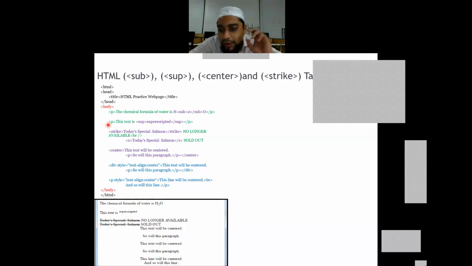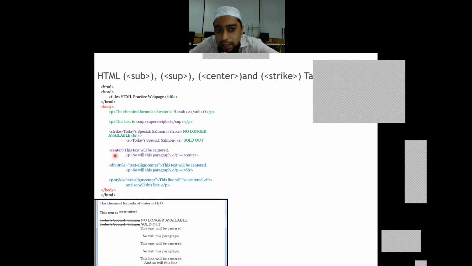Same way, if I want to divide the page into multiple sections, I will be making use of a tag called div tag. In each section, I can have separate coloring. In each section, I can have separate styling to be applied. So for all those purposes, we will be using a div tag. So I have just introduced the div tag, I have written here div style. I want to apply certain styling to it. The style that I want to apply is that I want all the text alignment to be in center. So you can see here all the text is aligned in the center.